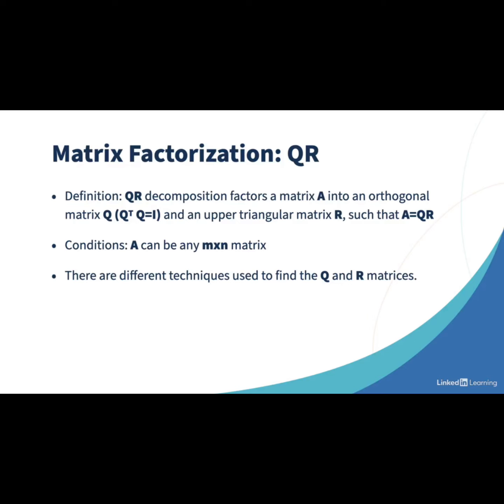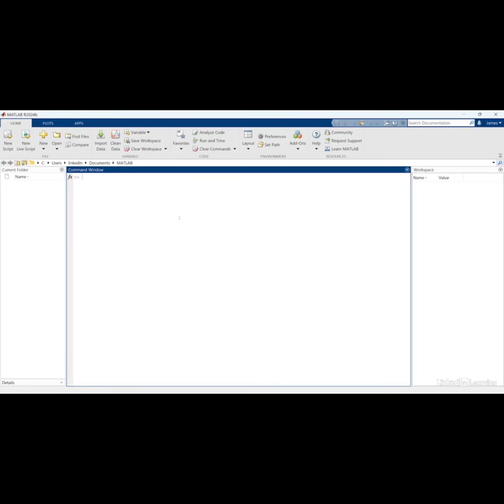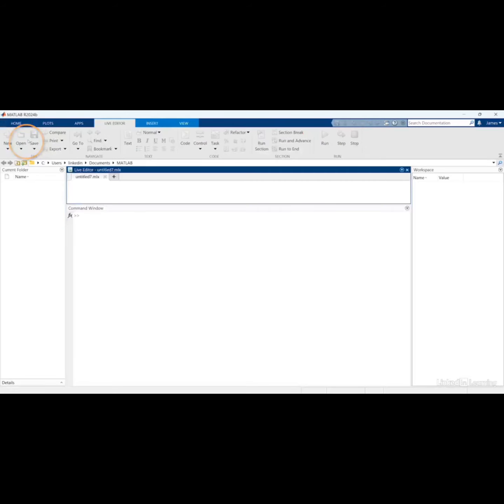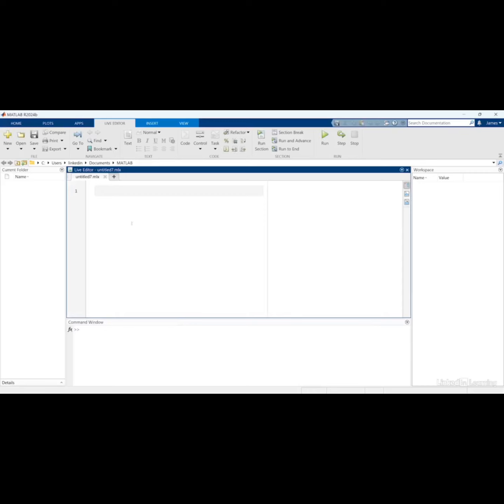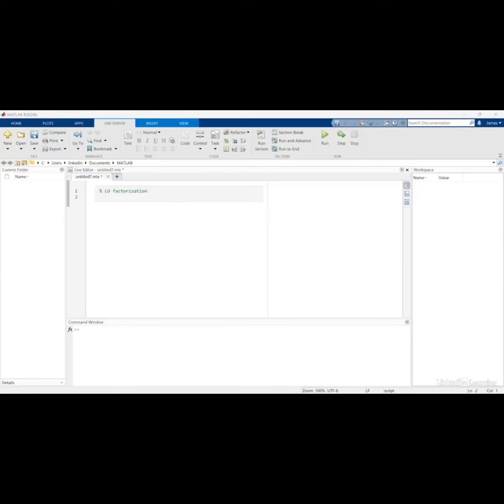Now let's go back to MATLAB. Let's start by creating a new live script. So I'm going to click again on a new live script. And let me open this one so we'll have space to see. We will add a comment first, and we will do the LU decomposition example or factorization. And then let's create a matrix A, which I'm going to copy and paste here